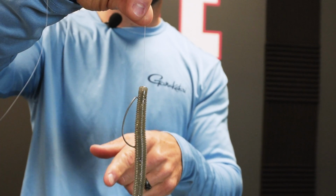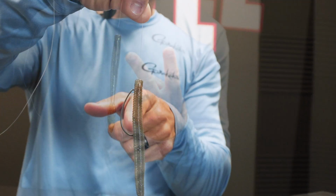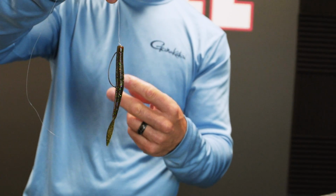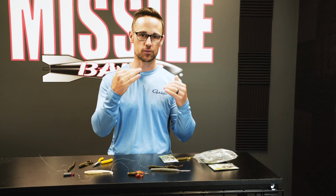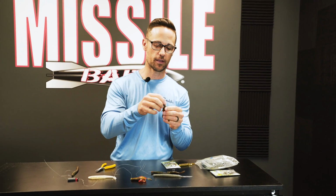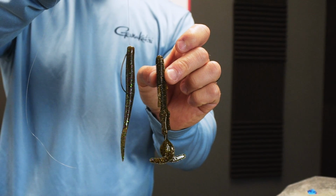And then like the Quiver 6.5, I usually use that 3/0. I use a 2/0 usually on the 4.5 inch Quiver, just it's a little smaller. Sometimes I'll downgrade to that if I'm fishing especially for smallmouth or spotted bass with a Carolina rig. I'll drop down to that number 2 or that 2/0. You know, if I got that little Baby Destroyer, which is kind of my money bait on a Carolina rig,